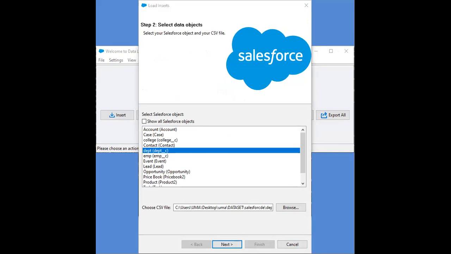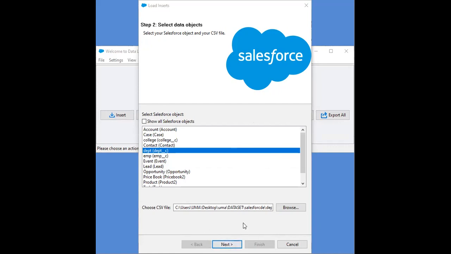Here I am selecting department, and let us assume the files. You may change those files. Let us assume the file content is also here.